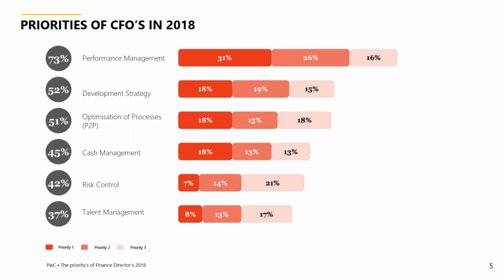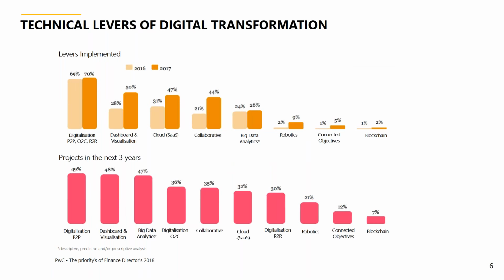We then have aspects around the risk control. There's things like duty to report that are now out and being reported on. How easy and simple is it to do that? Because that generally hits finance and accounts payable to be able to say when suppliers are being paid and to be able to put the reasons in place about why they are not being paid on time if that's the case. What we'll do now is look at some of the reasons or some of the technology reasons about where